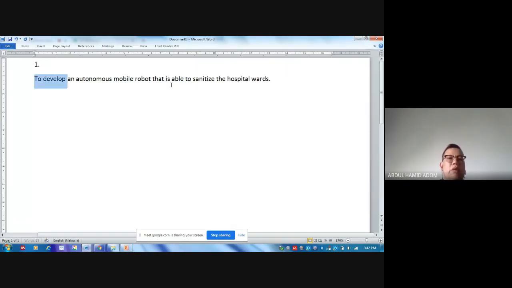You can say the first one will be to develop an autonomous mobile robot platform that is able to function in a human environment,